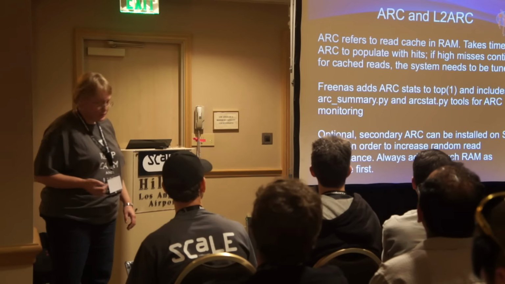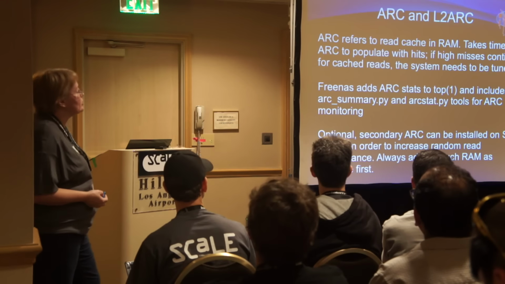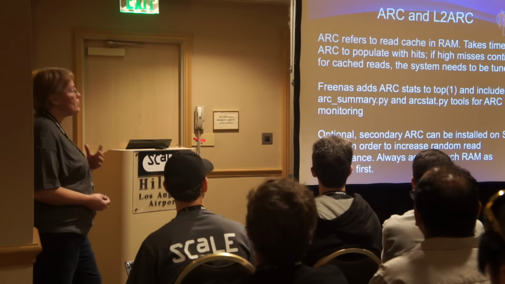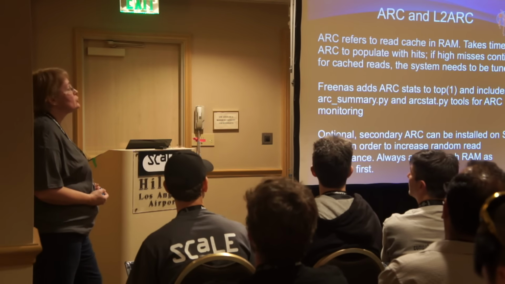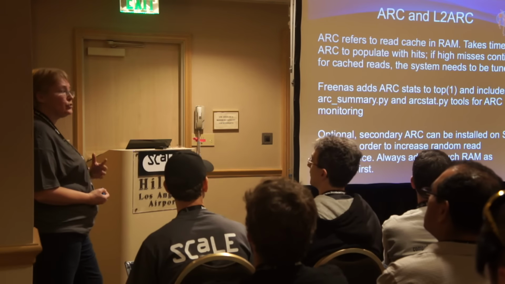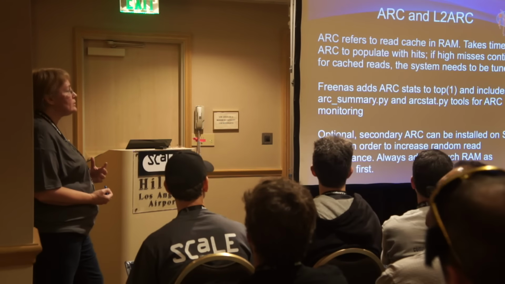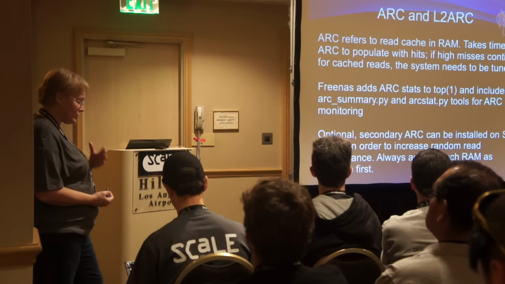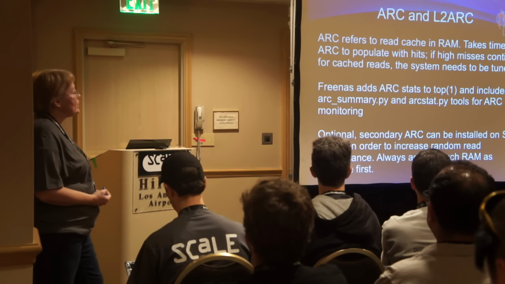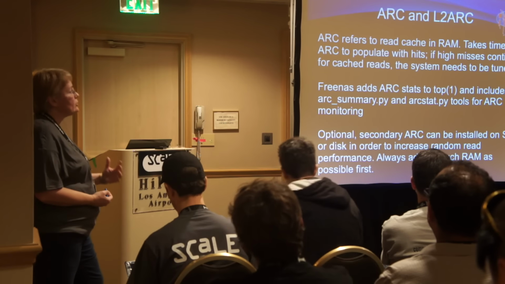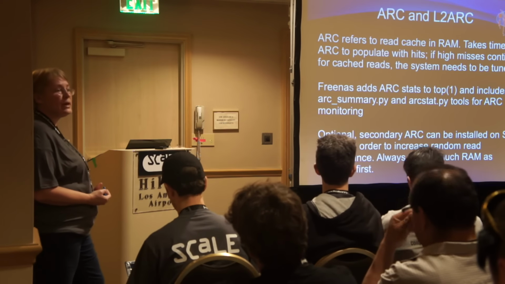The other thing that a lot of people think they need, and sometimes they do and sometimes they don't, is a layer 2 ARC or an L2 ARC. So ZFS maintains in RAM its own ARC, and this is where it tracks reads. So we all know it's always faster to get things out of memory than to have to go to disk in order to read something. So what you really want is you want the stuff that's being read most often to be coming out of RAM. If you find that you're still going to disk to get your reads, you can probably benefit from an L2